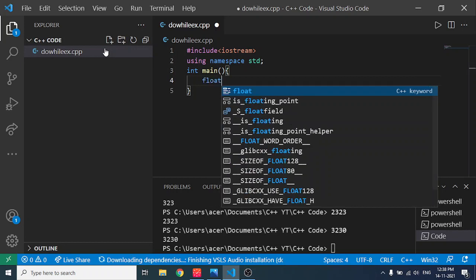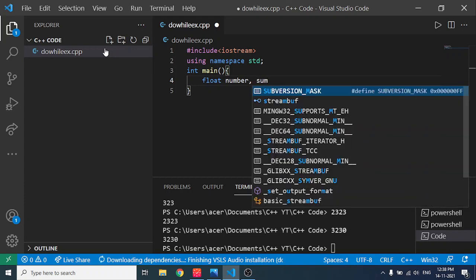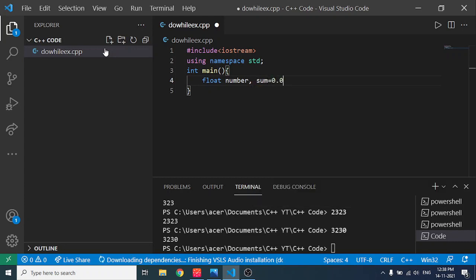Float. We will be declaring a float number and a sum, which will initially have a value of 0, 0.0. Now let us try the do loop. Inside the do loop we will be having a